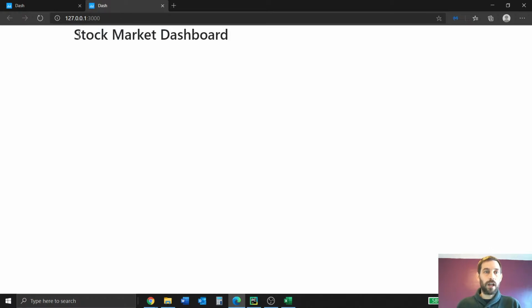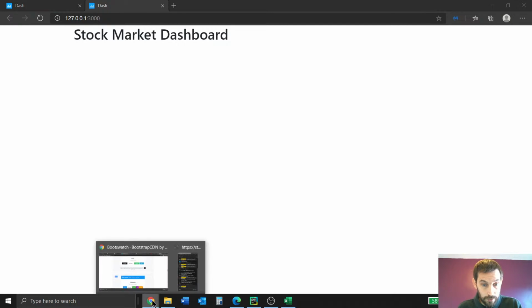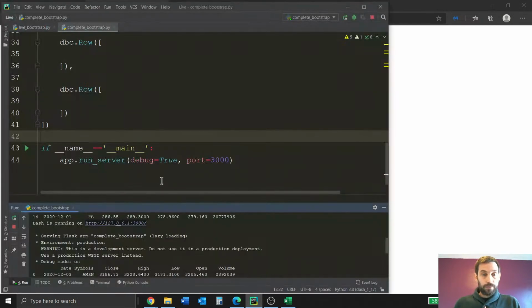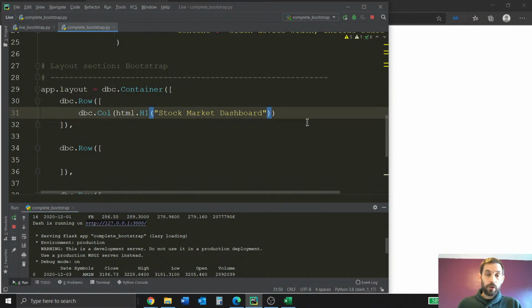All right, so now we have the stock market in black, a little bit to the left, and that's it, because that's what we put. We want to put it in the middle, and we want to create blue color to it. So how do we do that? You can do it in several different ways, but to use Bootstrap, what we're going to do